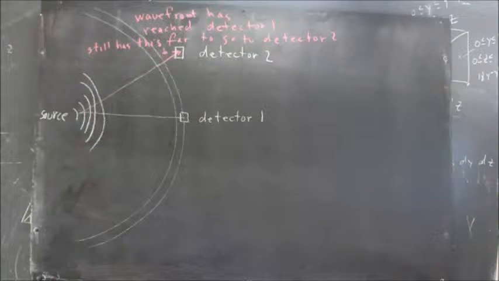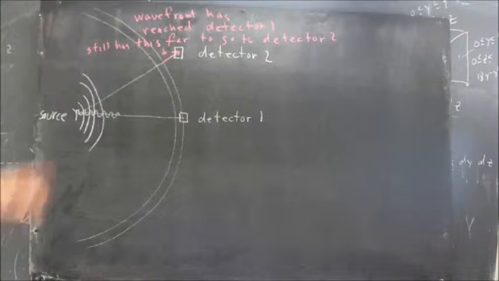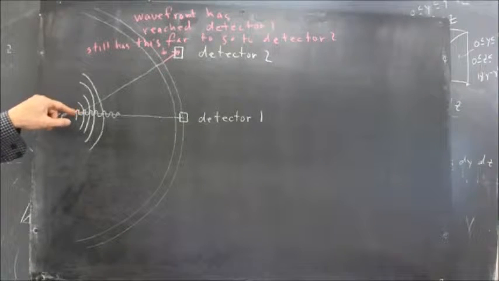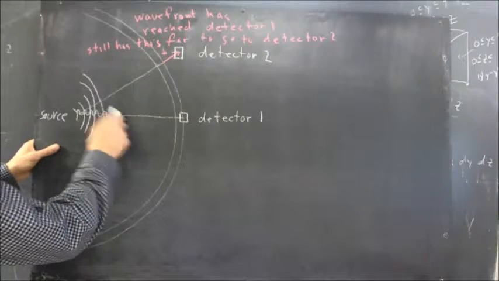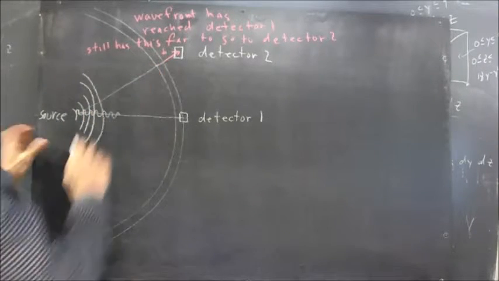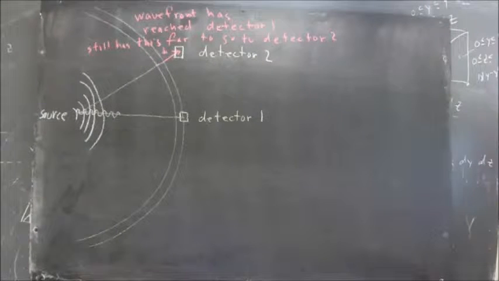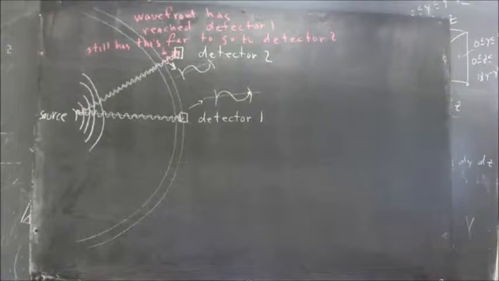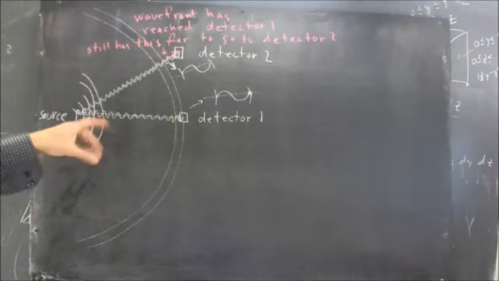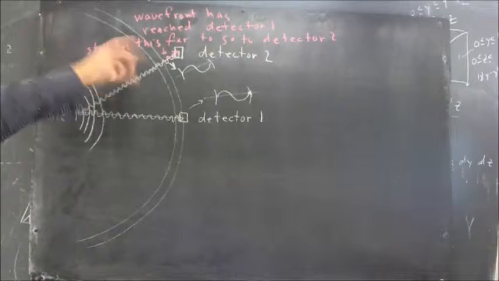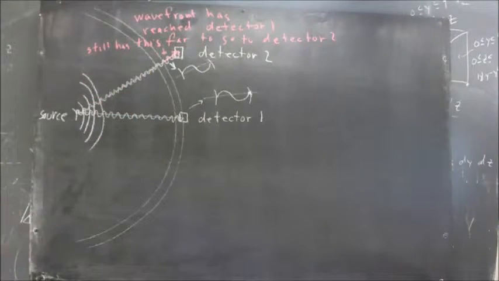Okay, now what I've done here is I've begun sketching a cycle of the wave for every wavefront, and I'm out to here. I'm going to do the same thing from here to here, but I'm going to do it off camera because there's no point in you watching me sketch little tiny waves. Okay, so I've completed all these waves. I don't think I got them just right. I think these are a little closer together than these are, but you understand what I'm saying. They should be the same spacing, and